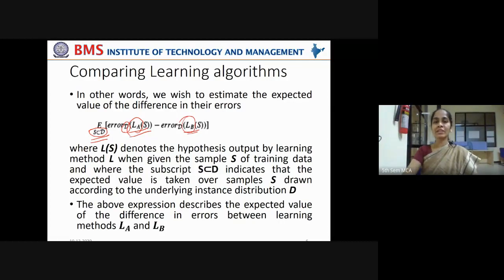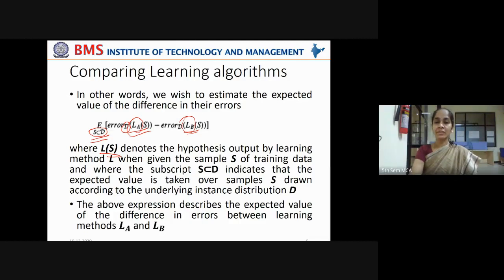So what is your objective here? We are trying to calculate the true difference between true errors of those two learning algorithms. If you are able to know that difference, we can compare them and see which one is performing the best. Got it? So here I just mentioned what each term denotes,